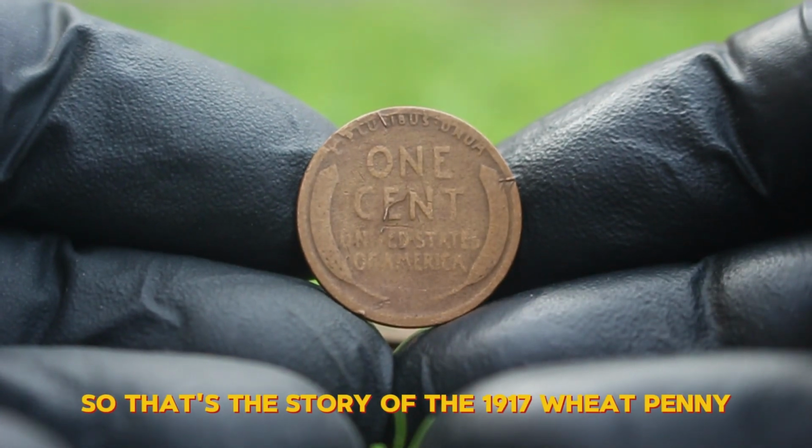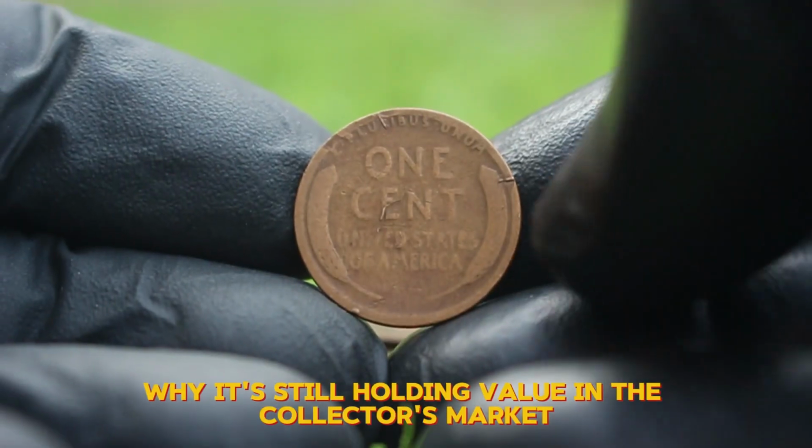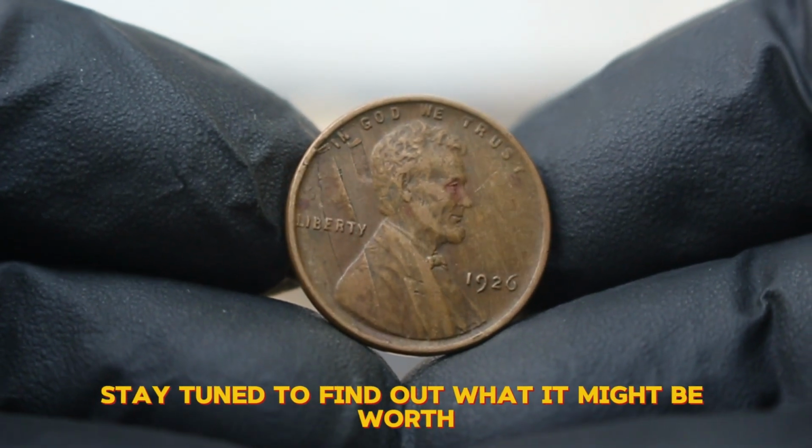So that's the story of the 1917 wheat penny without a mint mark in bad condition and why it's still holding value in the collector's market today. First up, the 1926 Lincoln wheat penny without mint mark. If you've got one of these coins in fine condition, stay tuned to find out what it might be worth